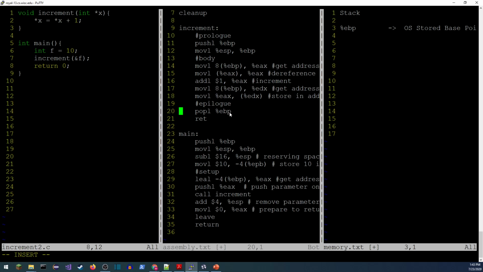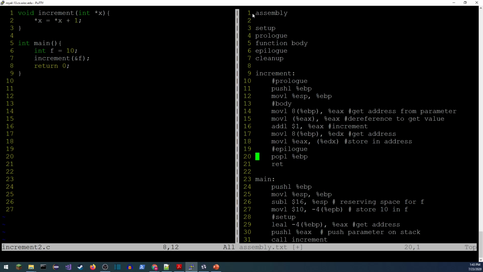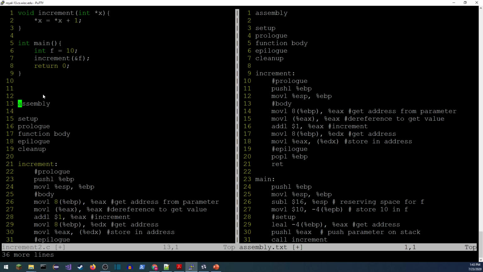Okay, so I'm going to go ahead and take... Hopefully that didn't go by too fast. I think I'm done with this. There, now you can see all of the comments. I'm going to go ahead and copy this code into this file over here. Just paste that in.